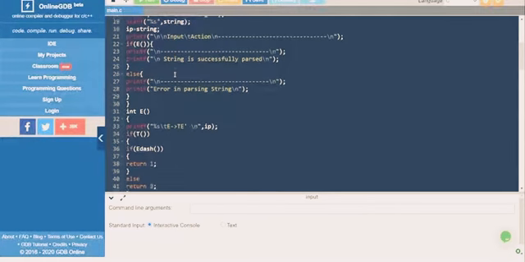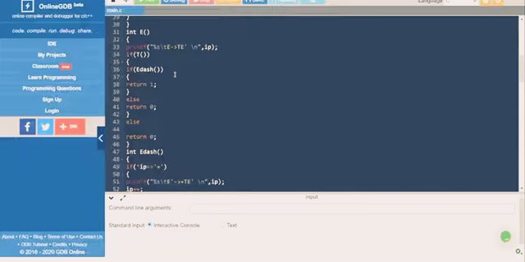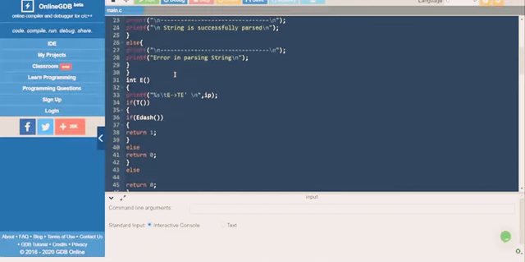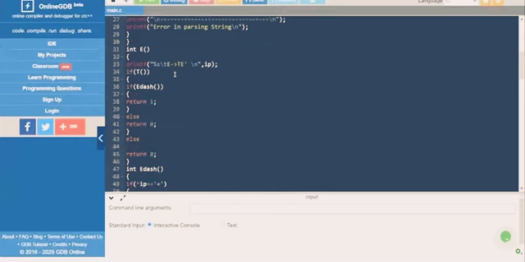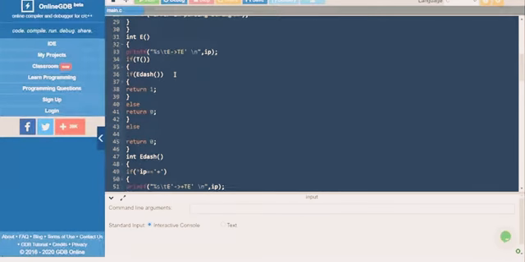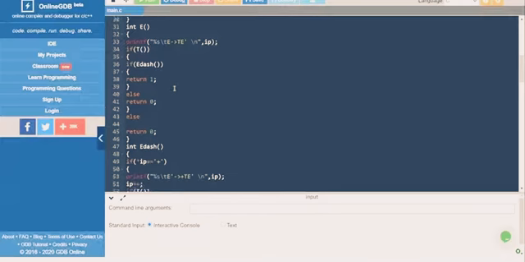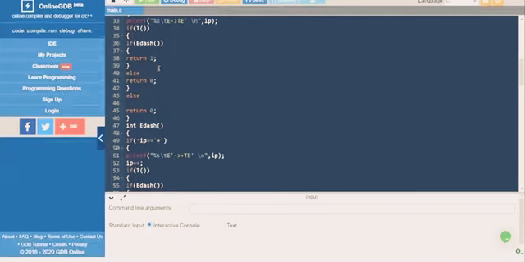So this is the T function and the E dash function. Input match: if the input matches with the terminal in the E dash function, it returns 1, which is true. If it returns 0, then it is false.